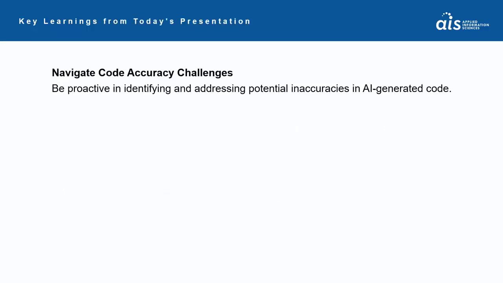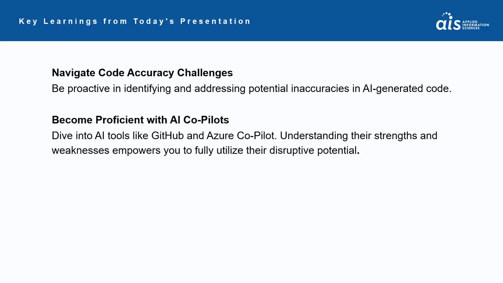Next, we need to be proactive about identifying and addressing potential inaccuracies. And this goes to the point that I mentioned in the previous slide. By being vigilant about the generated code and by asking clarifying questions, we can be proactive about identifying and addressing potential inaccuracies. And then finally, we have to continue to become more proficient with the tools. I showed you the GitHub Copilot, the GitHub Chat. We also briefly talked about the Copilot for Azure. These tools can continue to improve how we build applications and help us achieve the potential of these services.